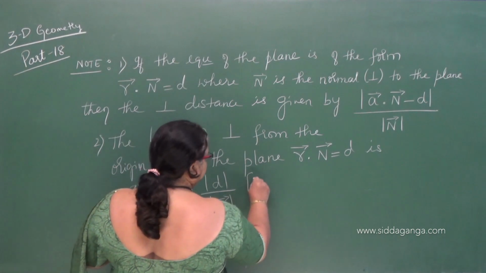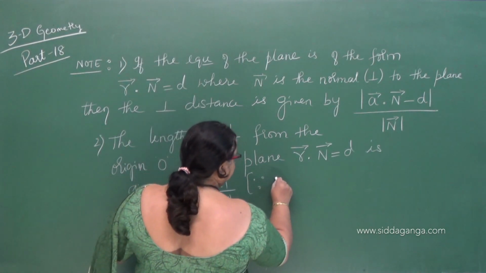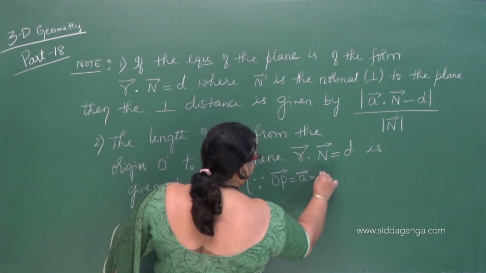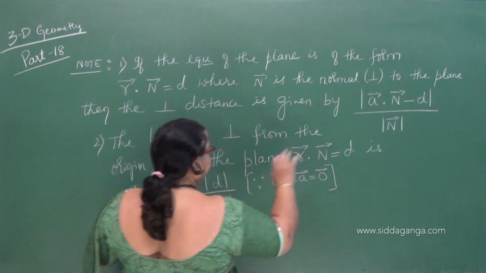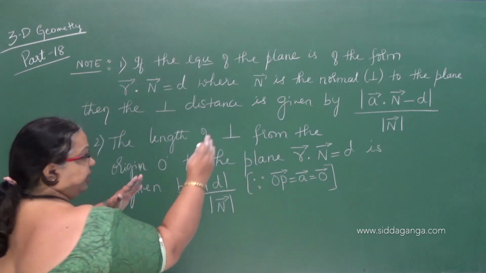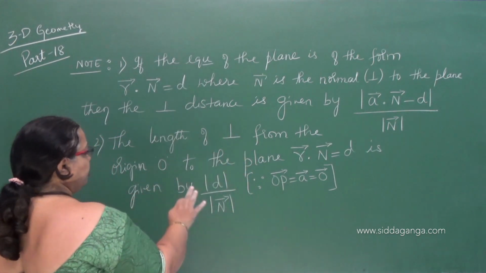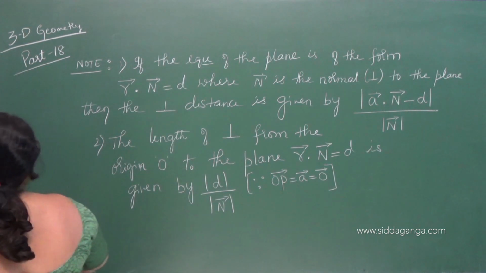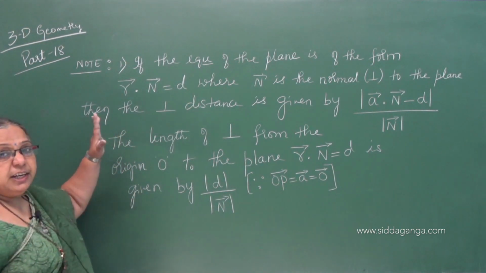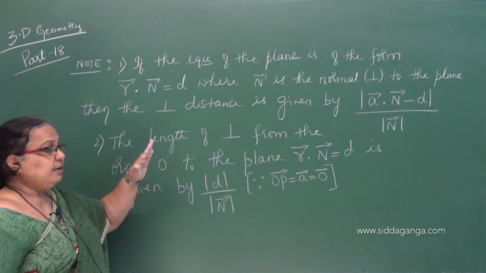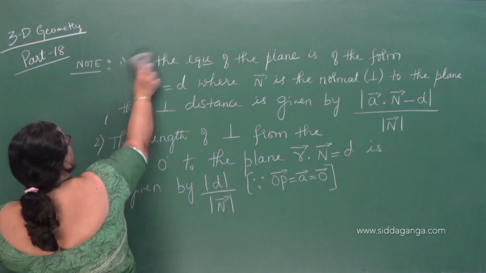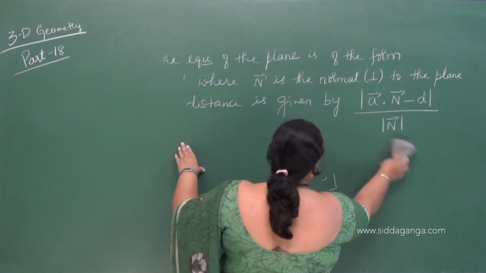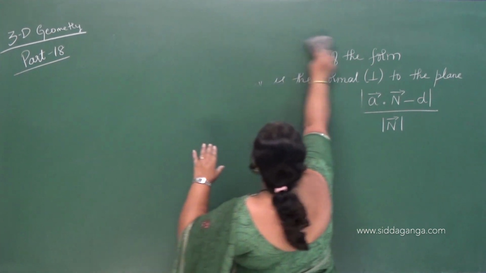Because the position vector of the point P, vector OP meaning vector OA, reduces to the 0 vector, the first term gives 0. So these are the two formulae we use to find the distance of any given point from the given plane. Now let us solve one example, then we can see how to find the distance.